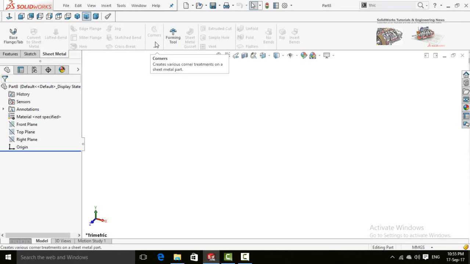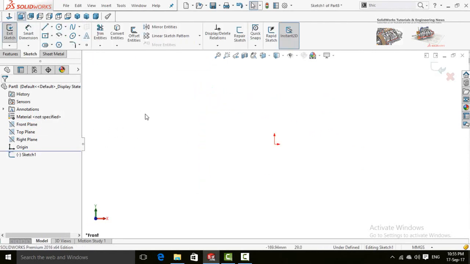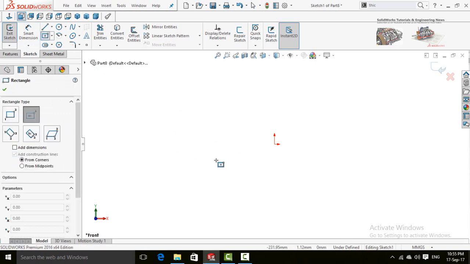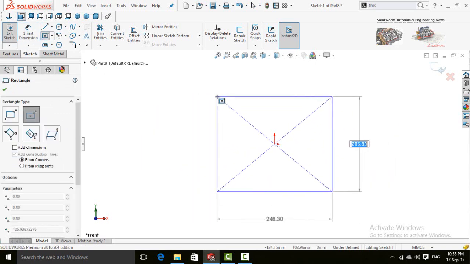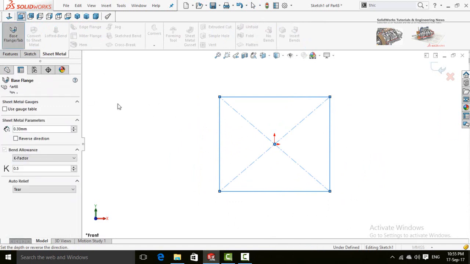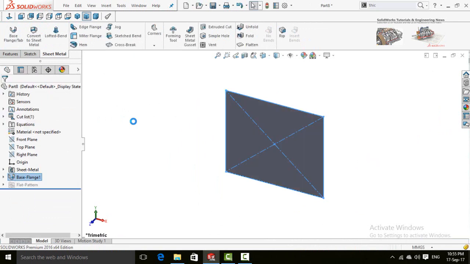Now we have the corners options here. For that, sketch on the front plane and draw a rectangle. Now in the sheet metal tab, select the base flange command and extrude it according to your design.